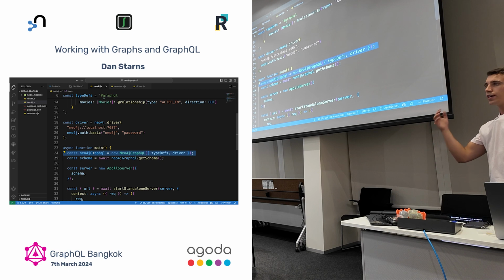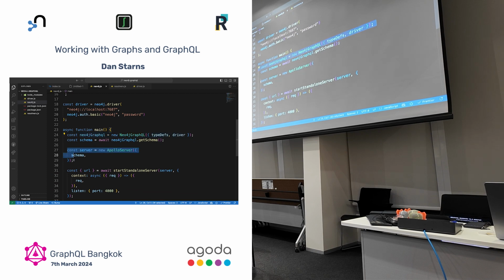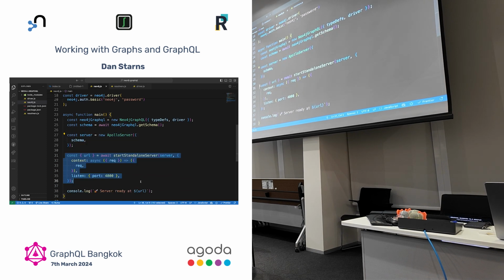This will iterate over each of the types in those type defs and generate for you a bunch of resolvers: CRUD resolvers, aggregate resolvers, relationship traversal. So you don't have to write any resolvers yourself. You'll see here that I start Apollo server, and there's not a single resolver defined in this file.